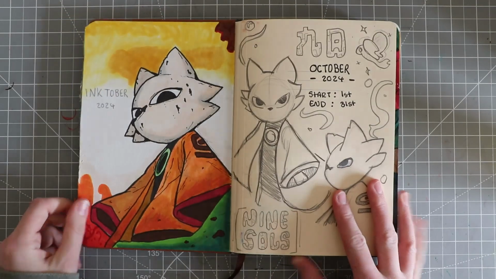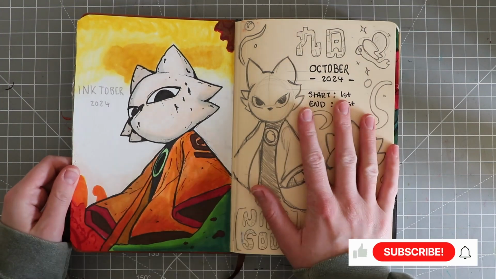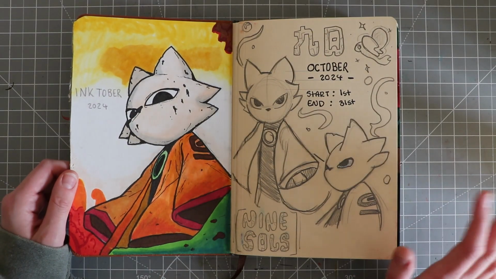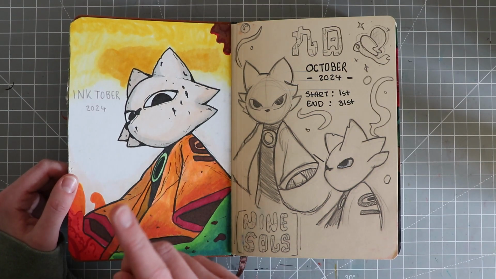Now, I didn't follow the official prompt list. I did my own. And I've been playing this game called Nine Souls. Absolutely amazing, love it to bits, one of the best games I've ever played, and I love the art style, so I basically just did art based off of that. And I can remember this character now. It's called Yi,